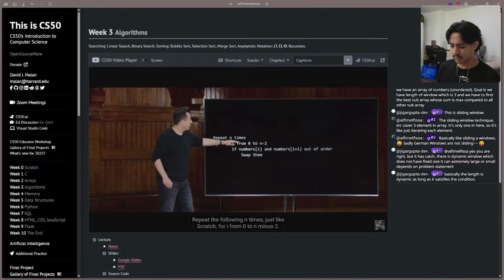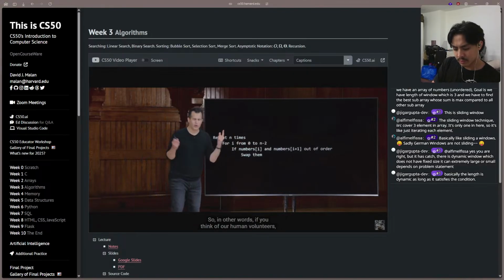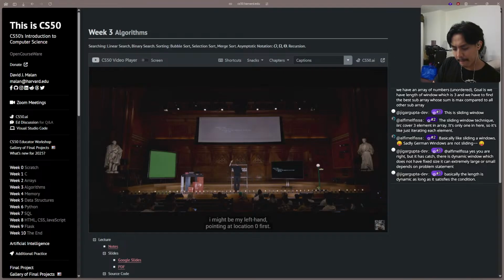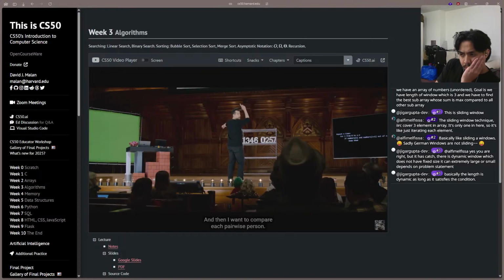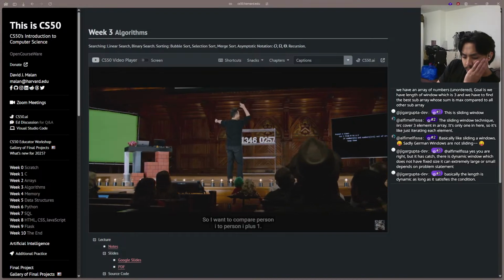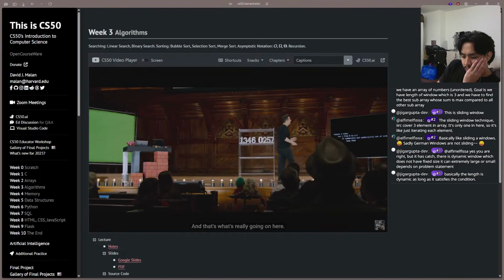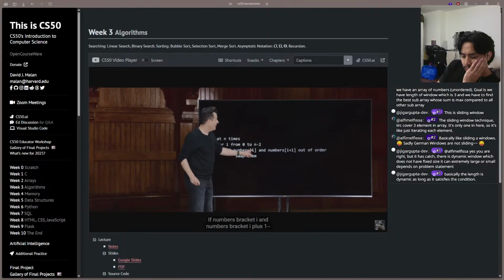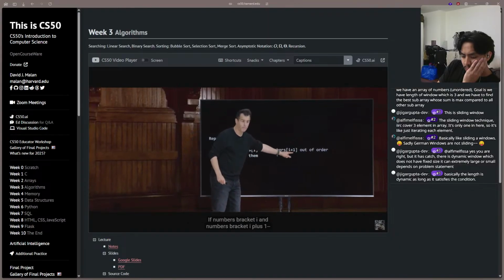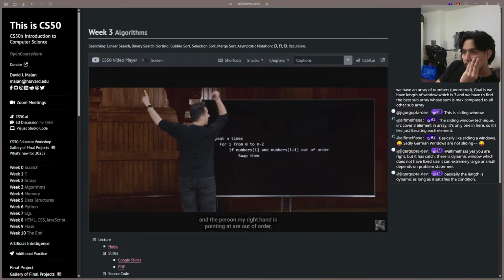For i from 0 to n minus 2. So in other words, if you think of our human volunteers, I might have my left hand pointing at location 0 first, and then I want to compare each pairwise person. So I want to compare person i to person i plus 1. And that's what's really going on here: if numbers bracket i and numbers bracket i plus 1, so if the person my left hand is pointing at and the person my right hand is pointing at